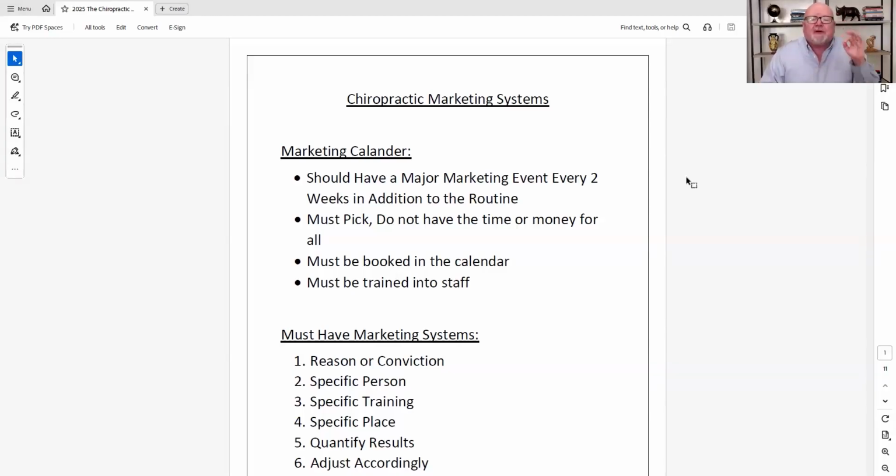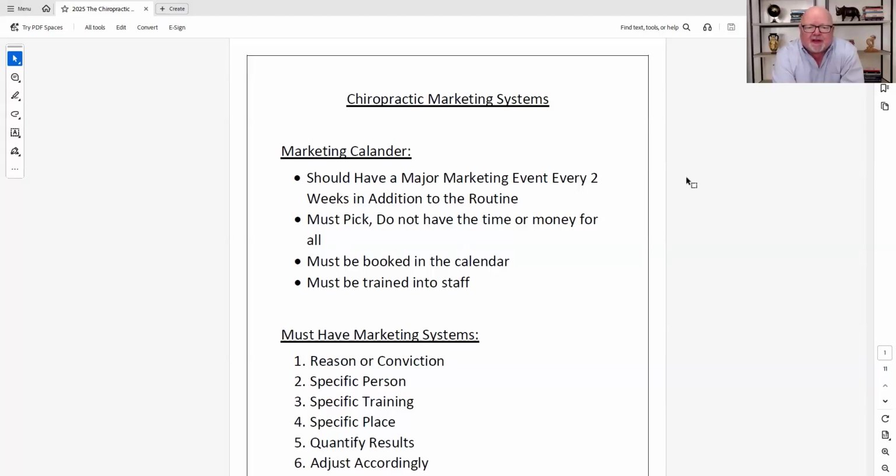But I always required my doctors to put that marketing calendar right in front of their desk. You have to see it every day. You can't bury it in your computer. Because I just found from experience, doctors just don't go there. These are major principles. If you're always looking at it every day, it's always going to remind you where you're at, what you need to be doing, what you're paying attention to.